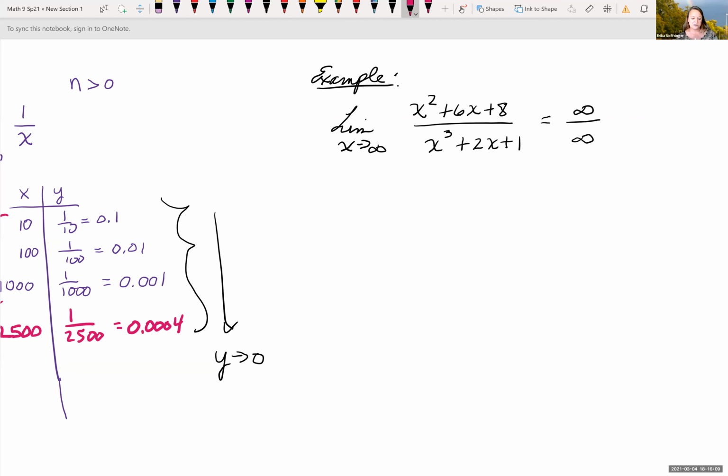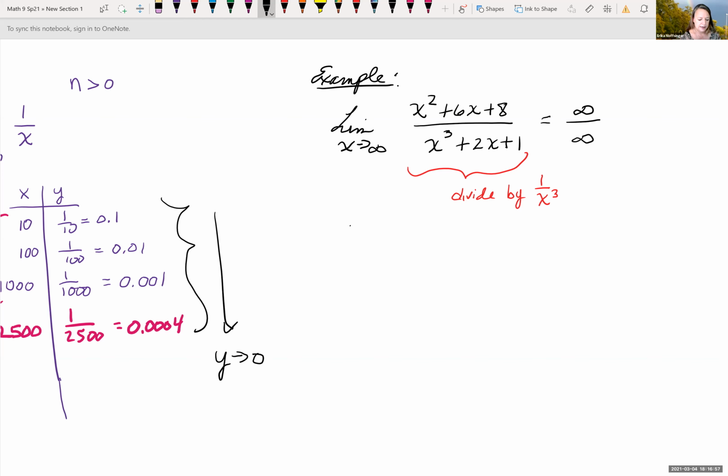In this case, when you have a rational function and you get infinity over infinity, what you want to do is multiply by the variable raised to the highest power that you have in the denominator. In our case, our variable is x, and the highest power in the denominator is a cube. So we want to divide every single term in the numerator and denominator by x cubed. Technically, we're multiplying by 1 over x cubed, because we can't just divide by something, but we can multiply by 1 and keep it